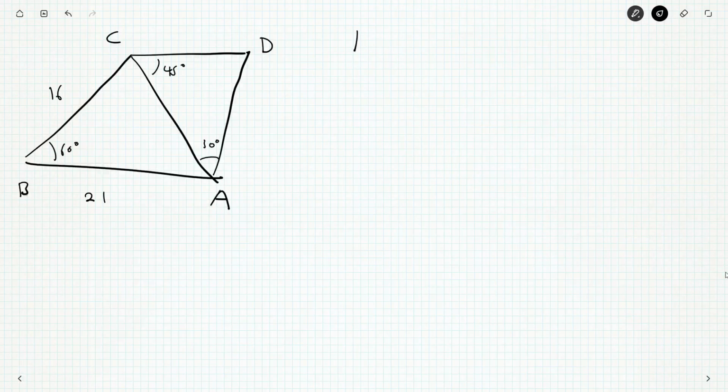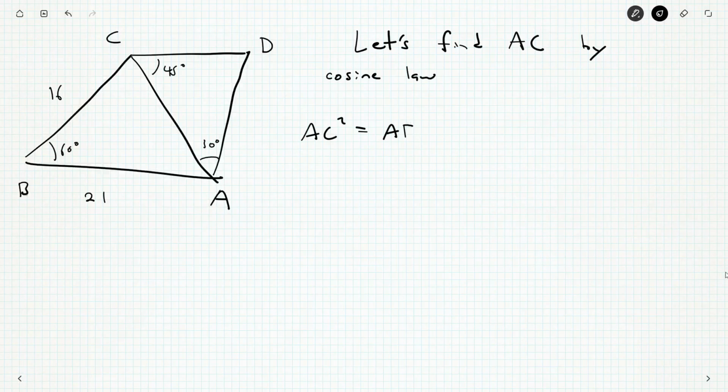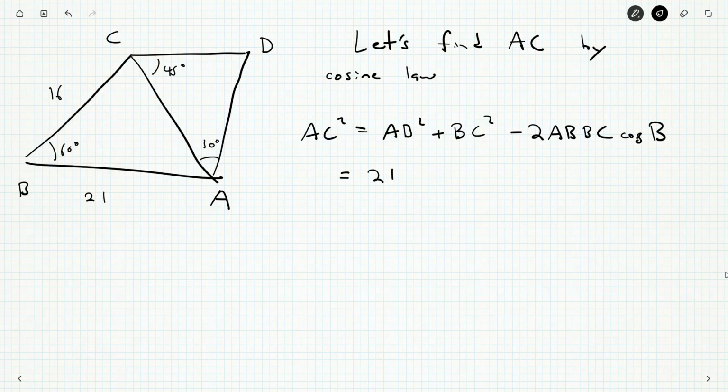So I will say something like, let's find AC by the cosine law. So that tells me AC squared is AB squared plus BC squared minus 2 AB BC cos, in this case the angle here is B. So that'll be 21 squared plus 16 squared minus 2 times 21 times 16 times cos of 60 degrees,